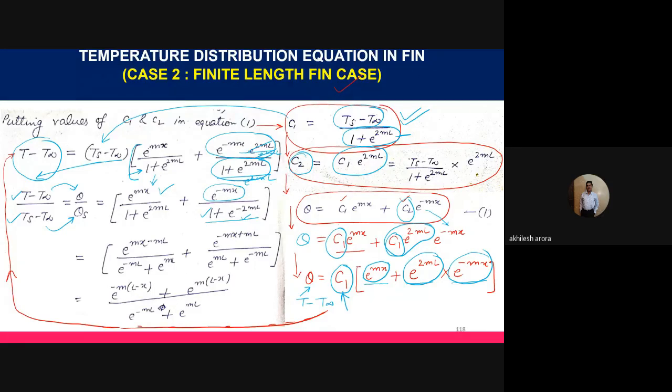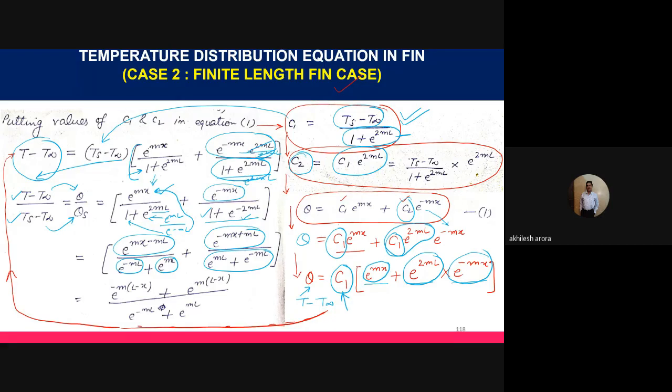And then it's a sort of algebra. We have taken e raised to power ml in the numerator from this term, so we have segregated it. That is why this term is written as e raised to power ml divided by e raised to power minus ml. You can see we can take the LCM here. So this term becomes e raised to power minus ml plus e raised to power ml, and this e raised to power minus ml goes up in the numerator. You can see it here. And a similar transformation we have also done in the second term in a similar manner.